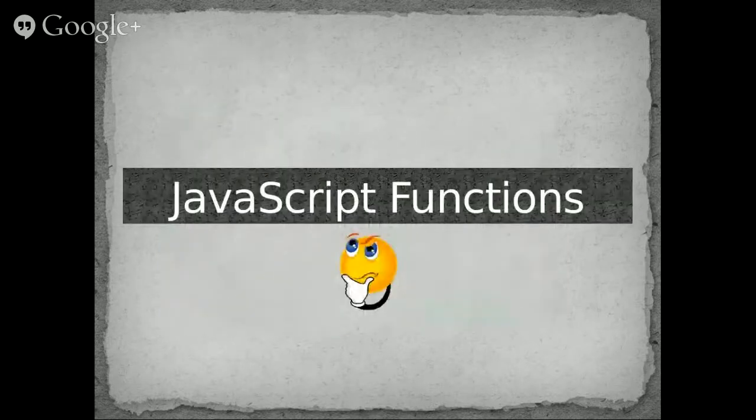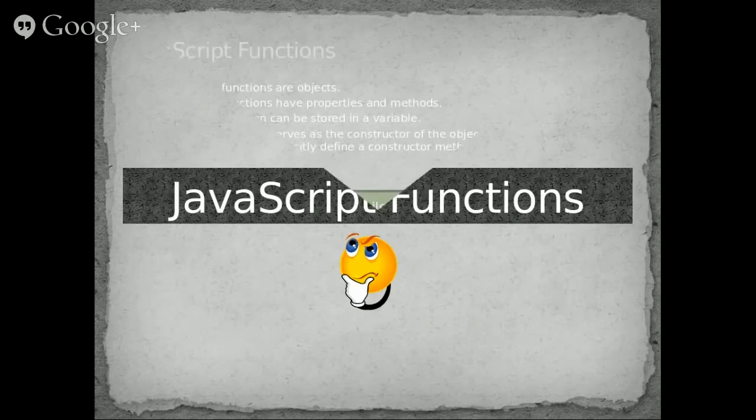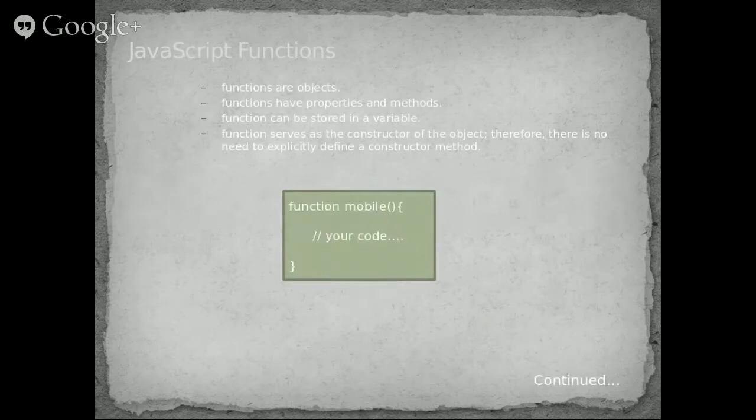This is a major section where we need some clarification, because we had seen a function name earlier, but you had shown a different function without a function name. So those things need to be clarified. In JavaScript, functions are objects. We can have methods, properties, and we can even store a function in another variable. And as I said before, when you use the new operator, this function serves as a constructor.